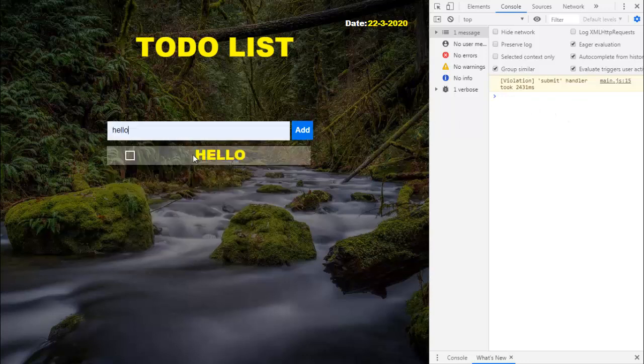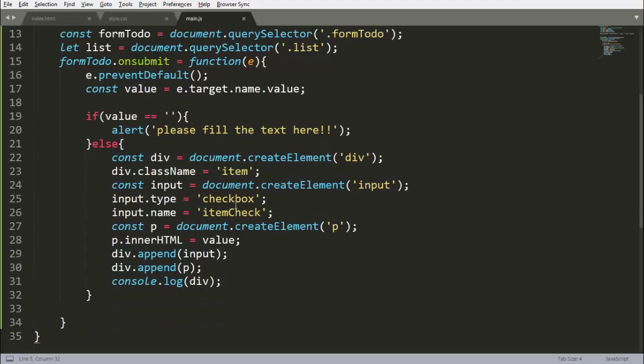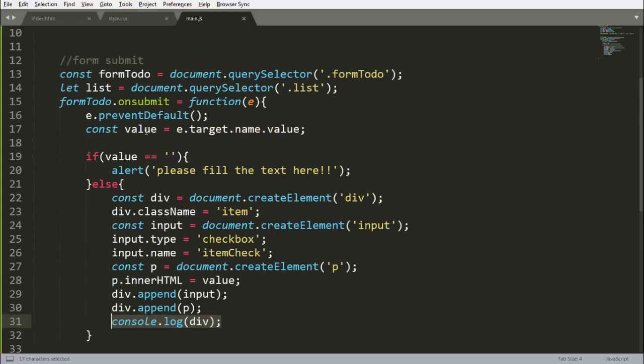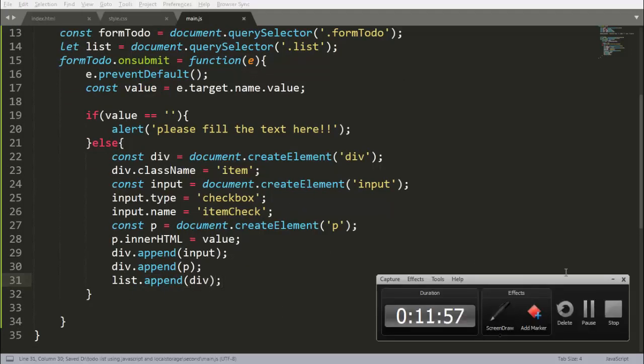When I write hello here, we are getting our hello. Now this division is not appending in this list. For that, simply write our list.append division, because we have appended everything to the division here.